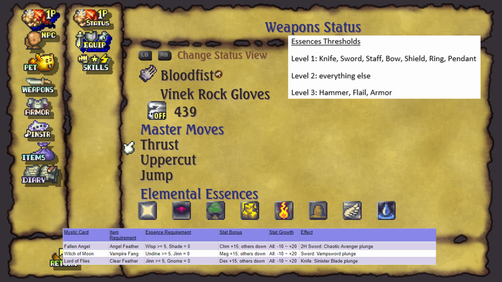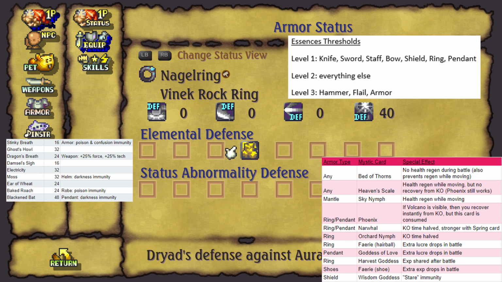Weapons can gain different master moves. The moves are gained as soon as the associated mystic card becomes visible, and they will persist indefinitely unless they're replaced by another master move of the same type. All master moves can be viewed on the mystic card list. Note that in the original release of the game, these were called plunge attacks, which is how they are called on this chart. For armors, if an essence level is at or above a certain threshold, then it will have